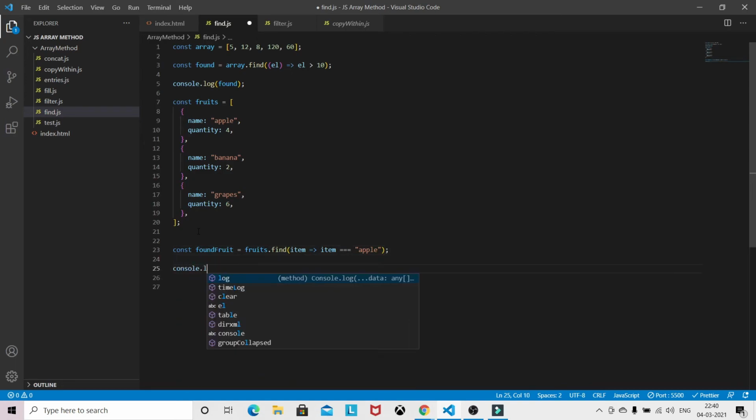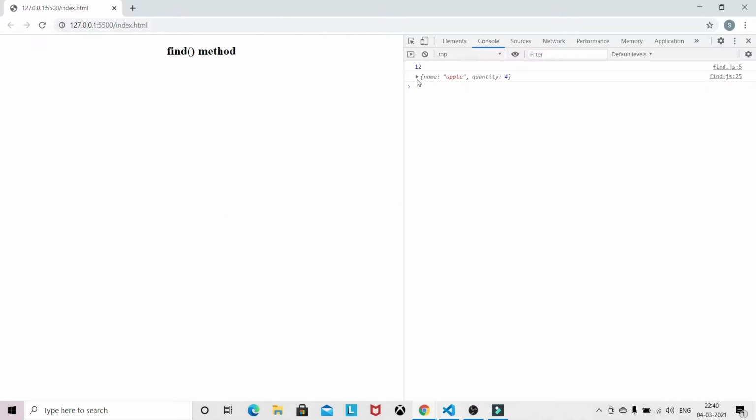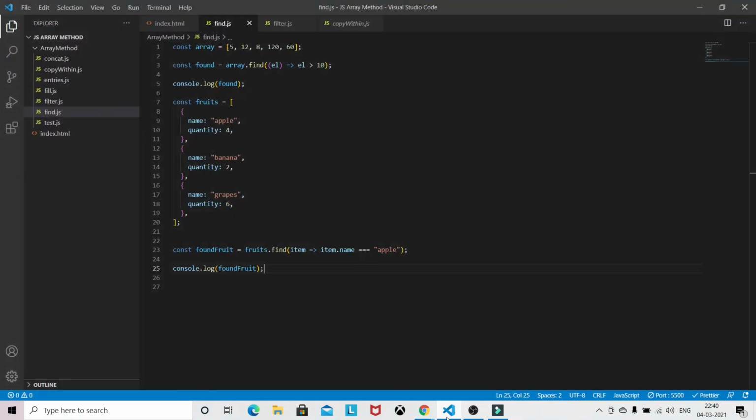Let's see found fruit. We got all the information, name and quantity. So using the property name, we can get all the info about that specific object. So this is the find method.